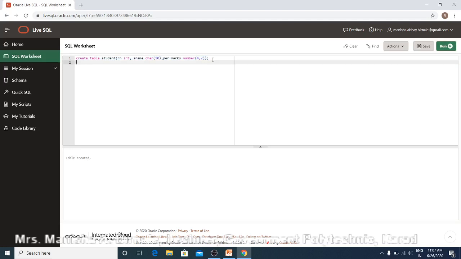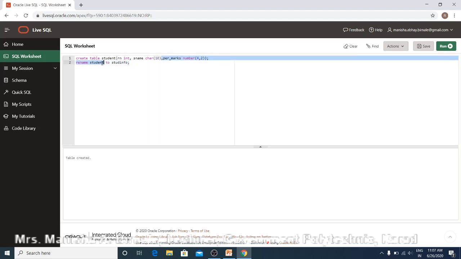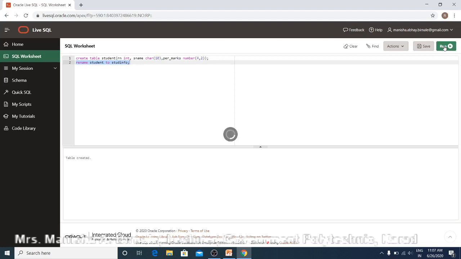Suppose you want to rename this table, then rename student to studinfo. Some commands may not be supported here. Okay, statement is processed.